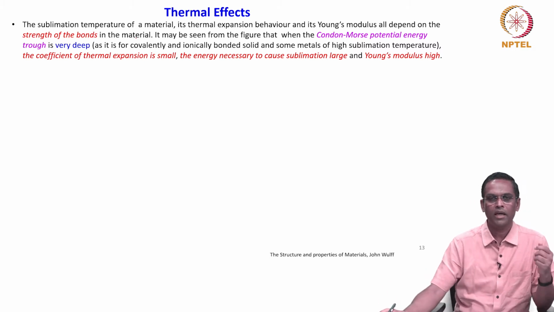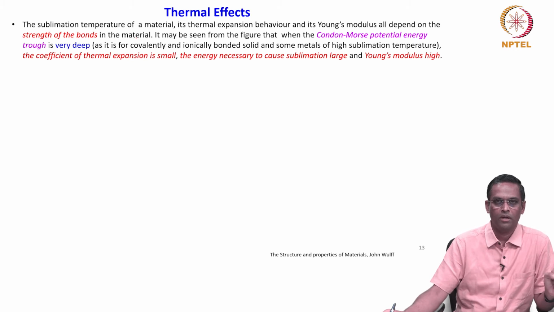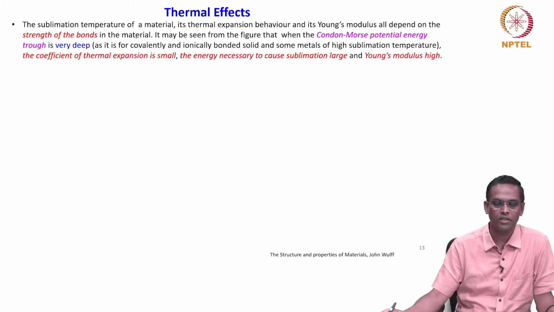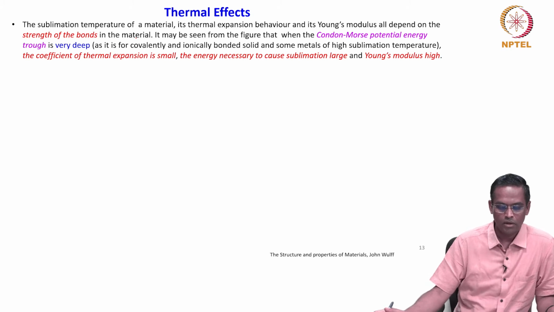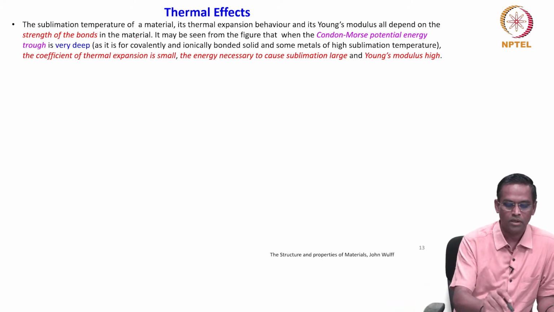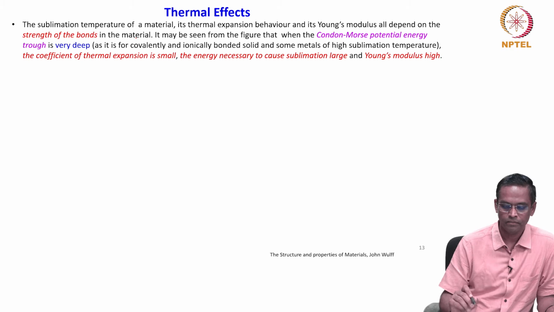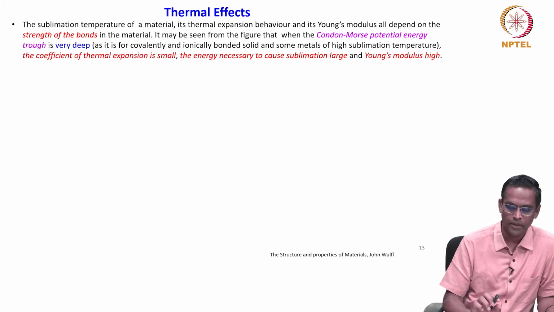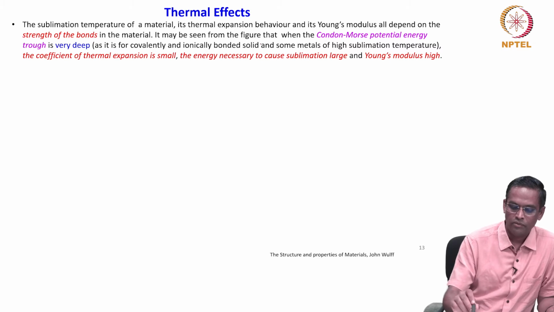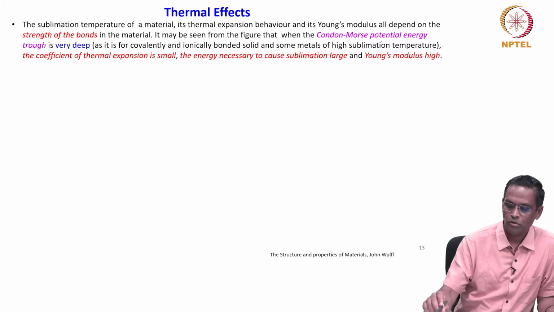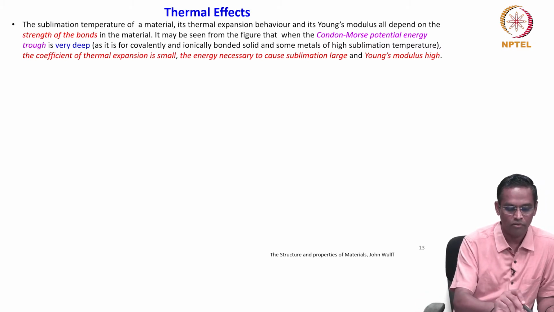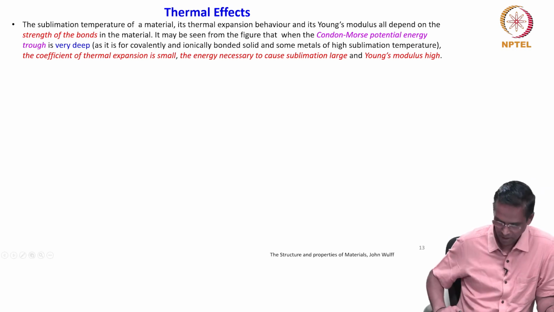So, we were just relating the bond strength with elastic constants, stiffness and all we have just seen. Now, we are also seeing that the sublimation temperature of a material is also connected to the strength of the material. So, it may be seen from the figure that when a Condon-Morse potential energy trough is very deep, we are now talking about,